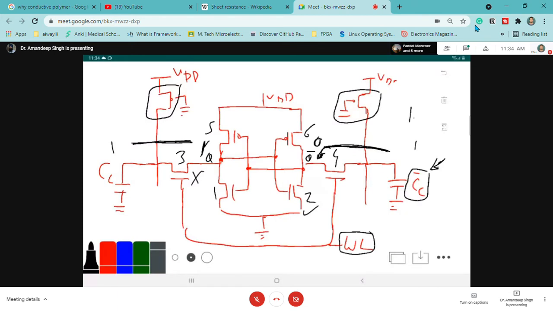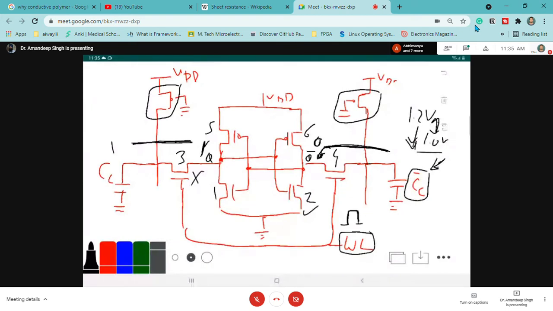So let us suppose it is 1.2 volt and it will go down, not to 0, because I will tell you that it will not go to 0. It will discharge towards 0, but not as fast as that, because we turn on the WL only for some time. So it will be discharged to, let it be, 1 volt. Then a small potential difference is created, means there is a small change in the potential.